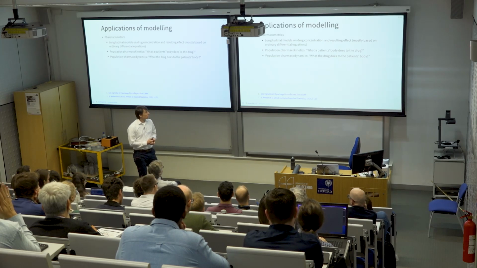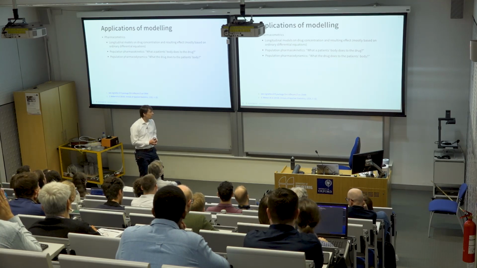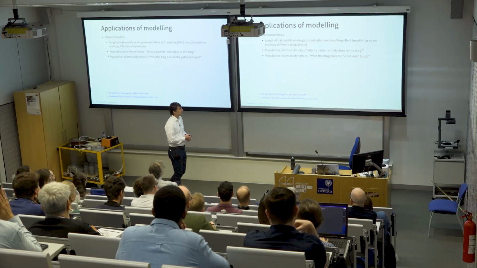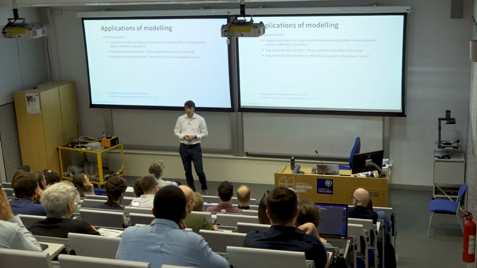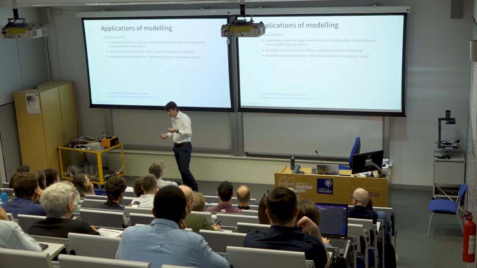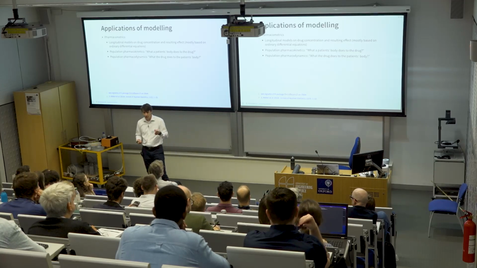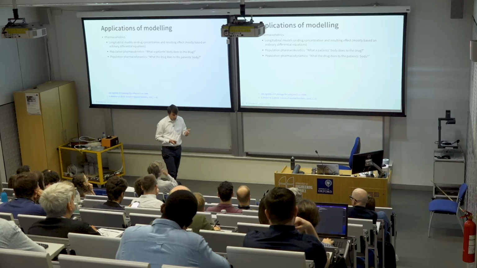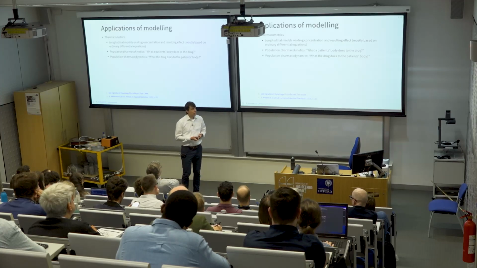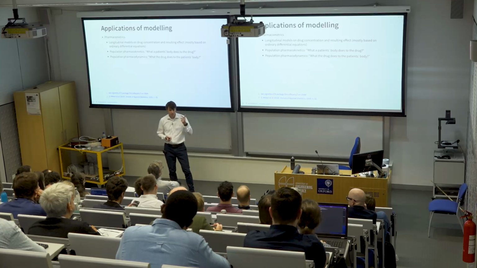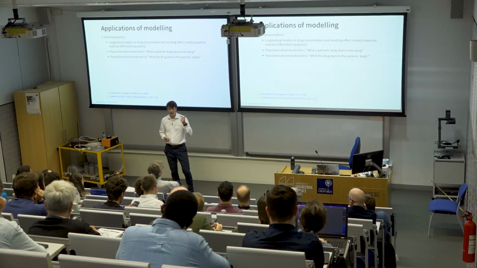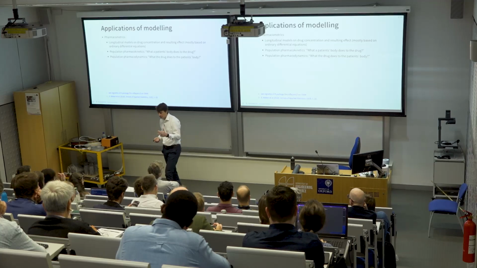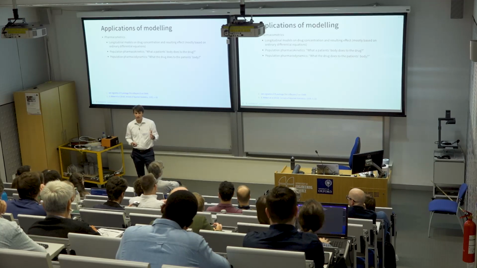So the models being used are population pharmacokinetic models, which ask the question what a patient's body does to the drug. So you give to a patient a pill of a certain strength. He will then absorb that pill. He will distribute the pill in his body. He will metabolize the pill, and he will eliminate the pill. So that's the ADME process, which I've just described. And that's what population PK is about to describe.